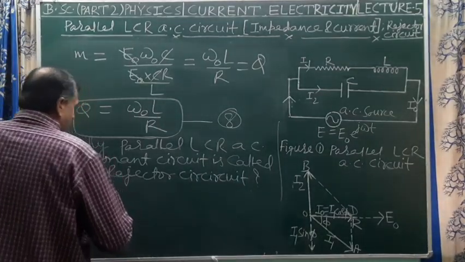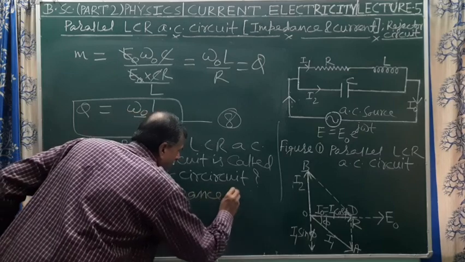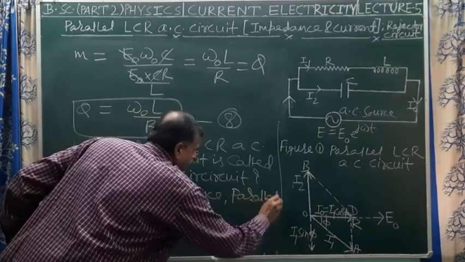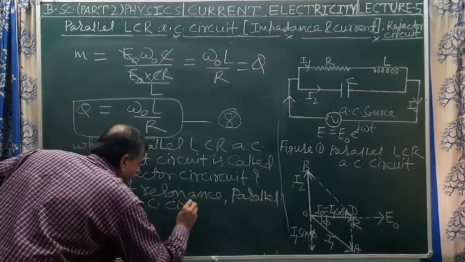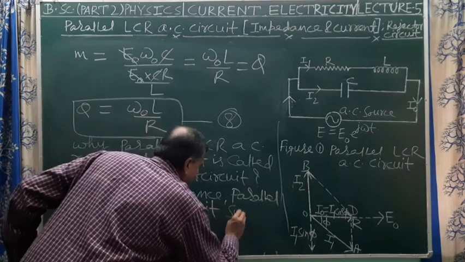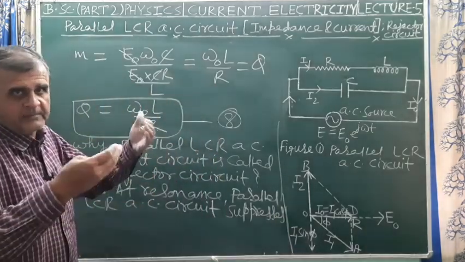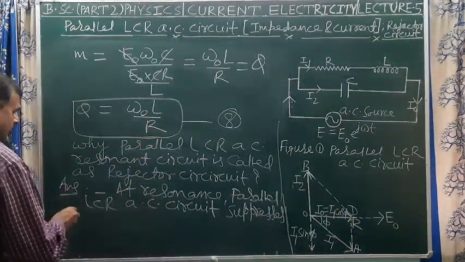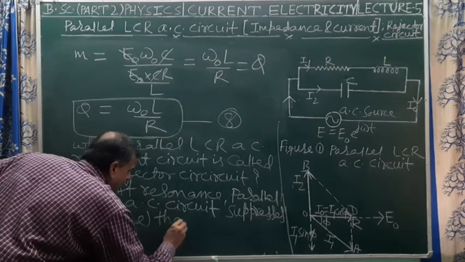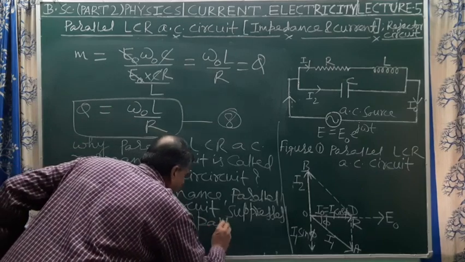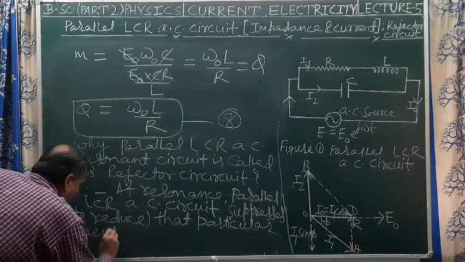So write down: at resonance, the parallel LCR AC circuit suppresses, that is, reduces, that particular current, out of many currents,